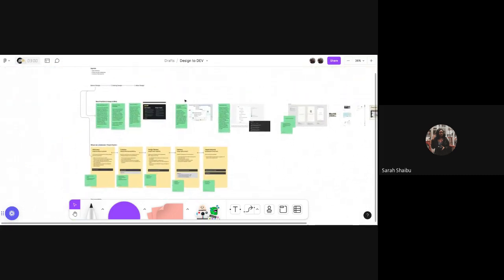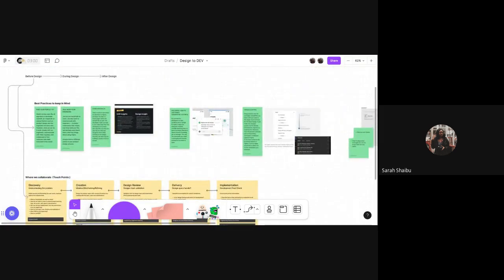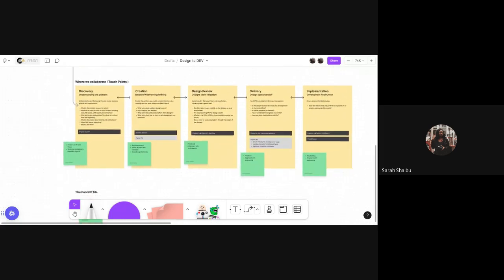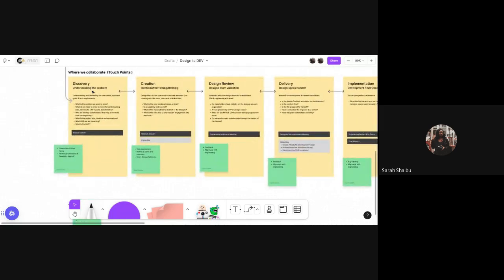And I think I've touched on the most important best practices to keep in mind. So now I'm going to be moving on to collaboration. When it comes to collaboration, I've tried to highlight here where I believe are the touch points that designers and developers actually meet in this product development or UX design process. This is something that is my day-to-day or my month-to-month, no matter the feature or the project I'm working on. These are the places where I collaborate with developers the most.